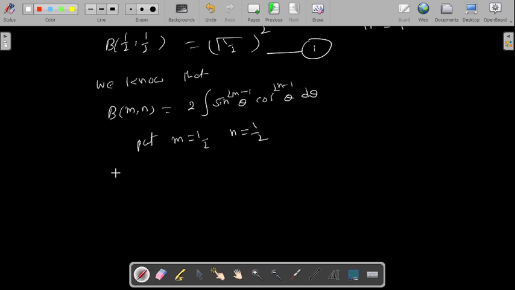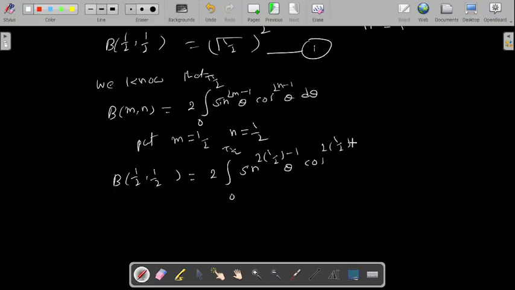So what will we get? Beta of 1/2 comma 1/2 equal to 2 into integral 0 to pi by 2 sin power 2 into 1/2 minus 1 theta